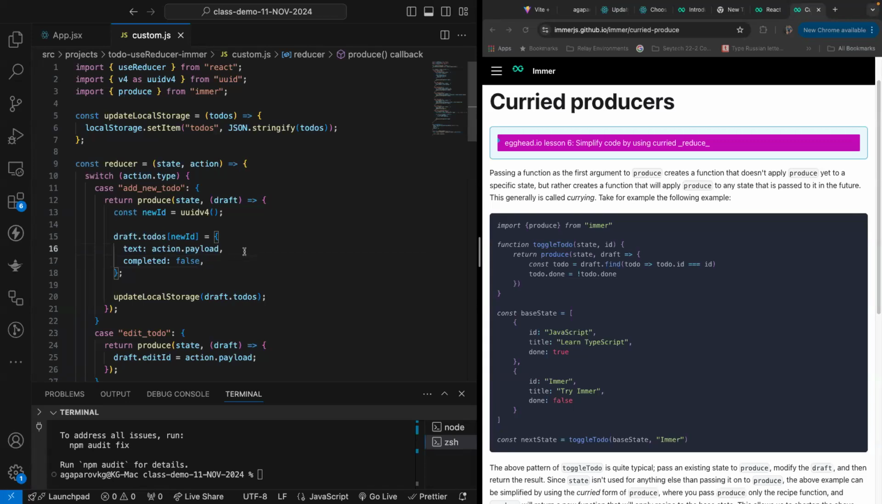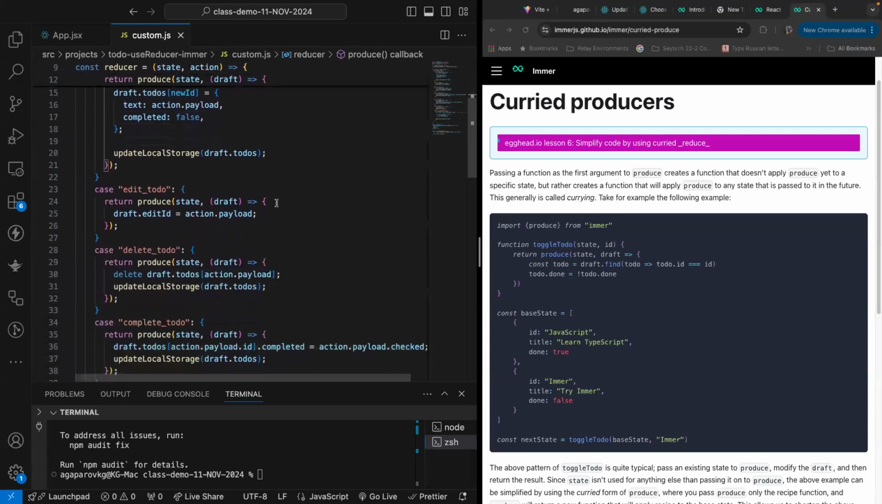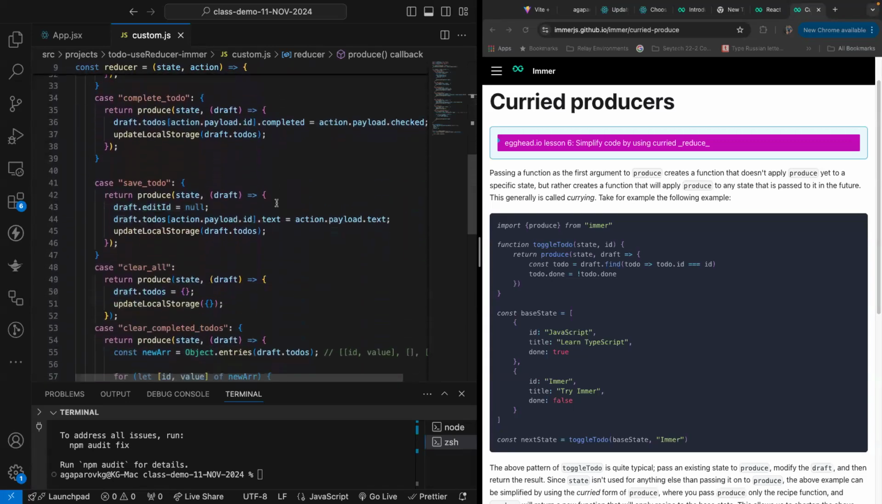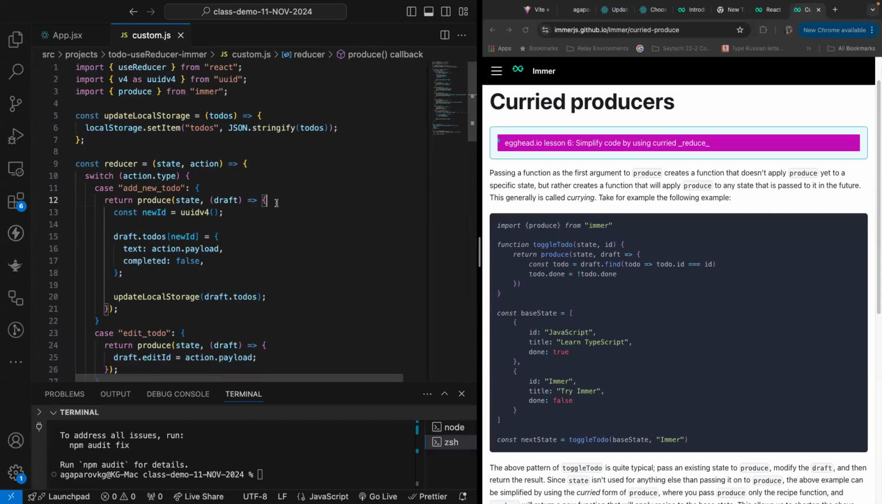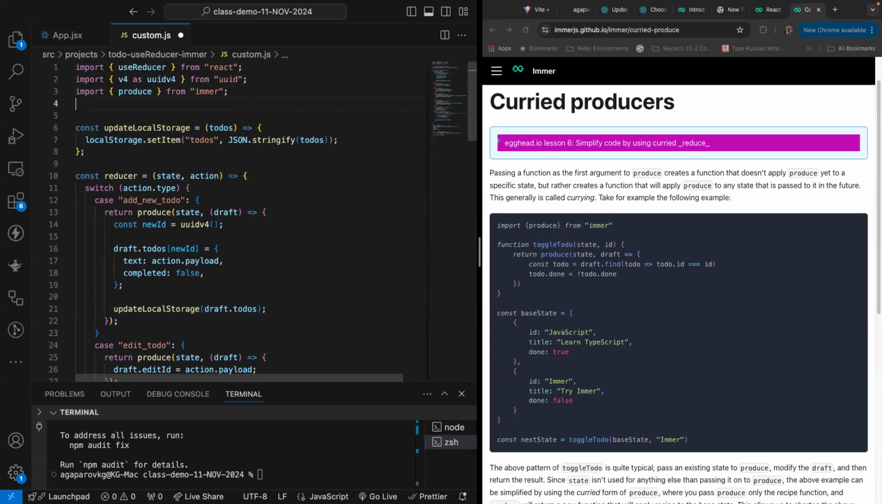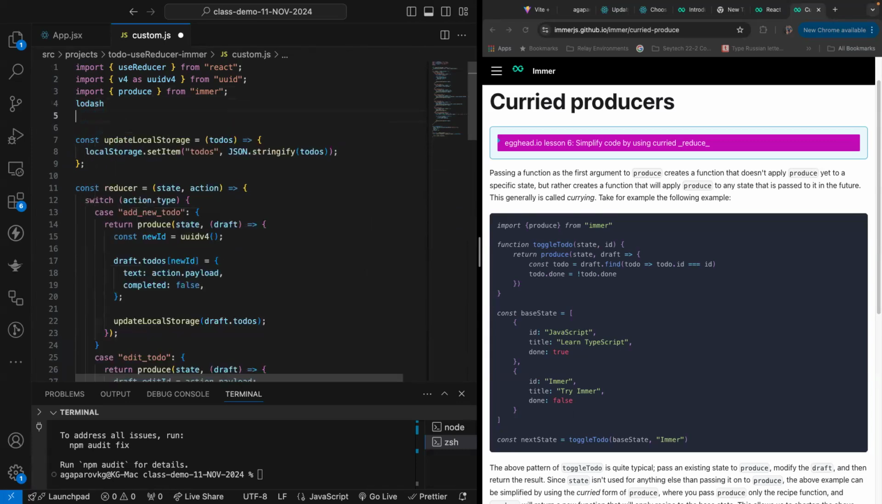It depends on how many layers your data has. If it is nested objects inside an array of objects, then you definitely need some sort of deep cloning package, right? If you don't want to use produce or Immer, there are a lot of packages that help us do deep cloning. For instance, we have Lodash, and we also have